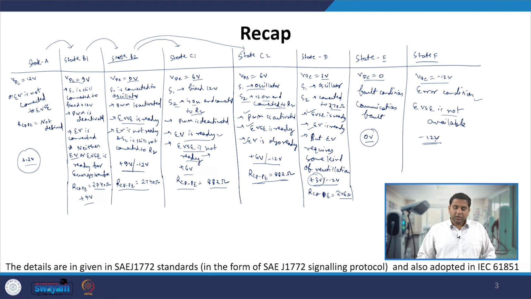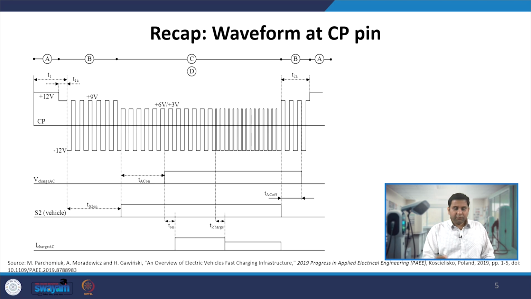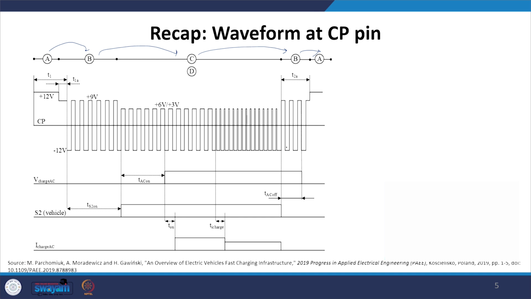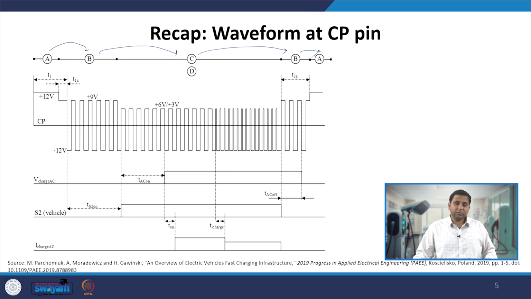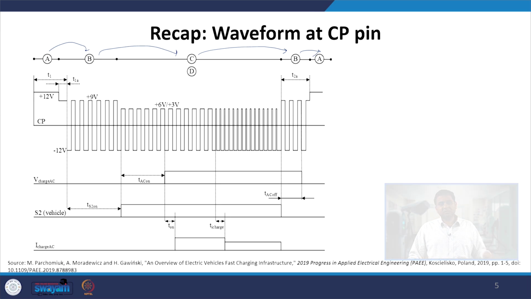So, if we look very carefully, the waveform goes from A state to B state, from B state to C state, it could be either in D state, and from D state it goes to B state and then again moves to A state. We have seen here the negative voltage will still be minus 12 volt because of the diode which is present in the CP line, which does not allow the negative voltage, because during that time it gets reverse biased. So, the negative voltage will not change, however the positive voltage will change, because during that time diode D1 gets forward biased, and as a result different resistances will come into the picture, and because of the resistor divider circuit the positive voltage level at the CP line will be different.